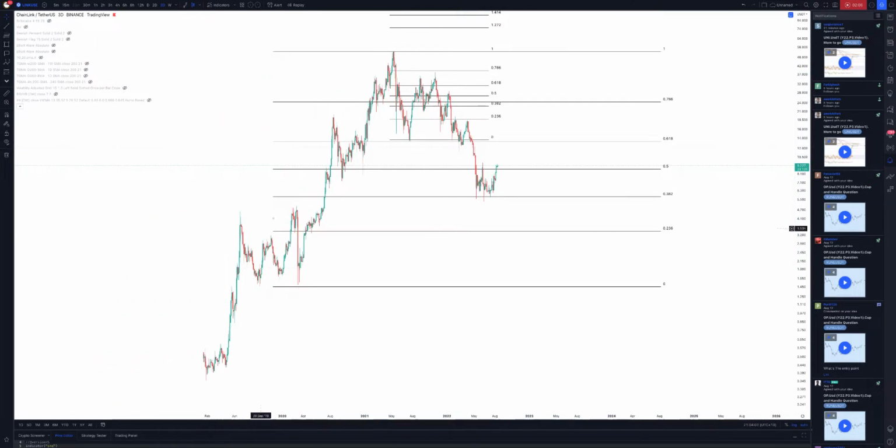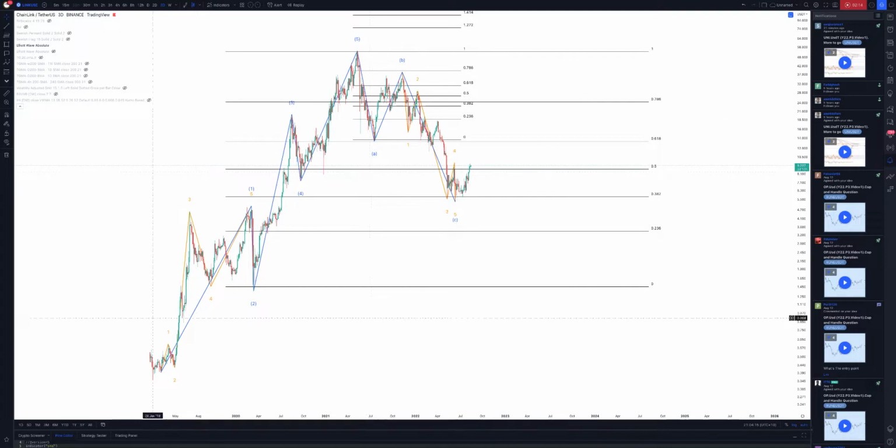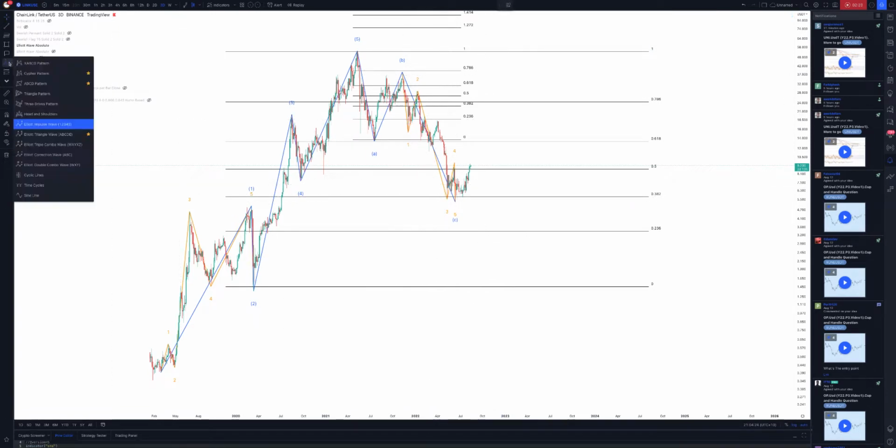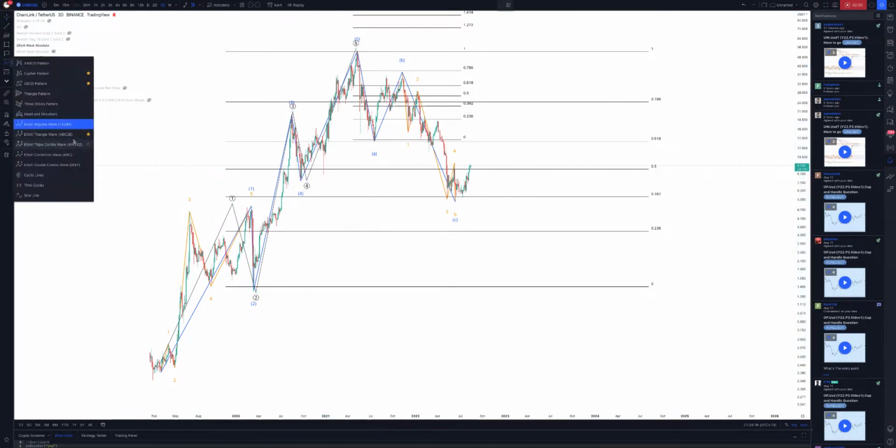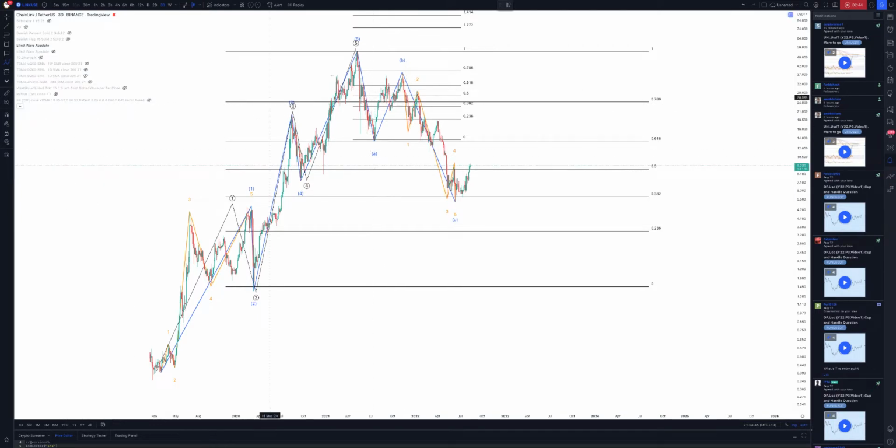In many cases, this is a wave 5, and if we enable it, there you go, it's automatically done it. So we have our wave 1, 2, 3, 4, 5, and A, B, C correction. So we're doing our Elliott wave count, and we're doing our correction. Our correction pretty much is a wave 5 as well, as you can see here. It's got 1, 2, 3, 4, 5. But from another perspective, it's just our A, B, and C.